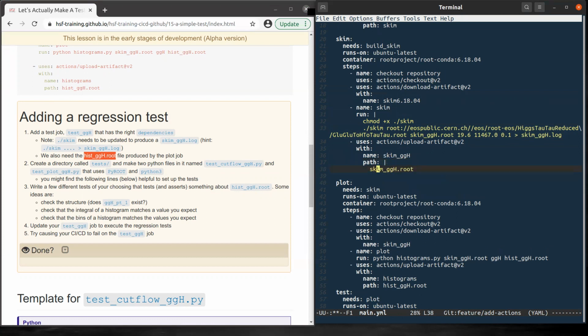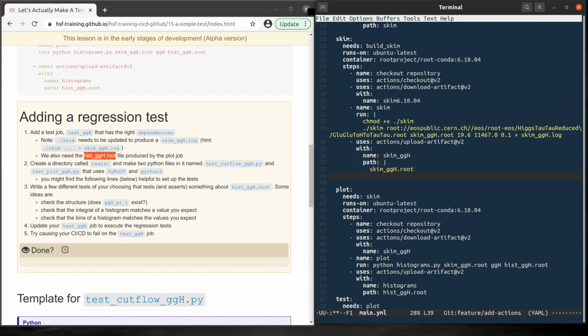We need skim root, we need as well skim ggh log. So we will add the output and the log file as artifact.